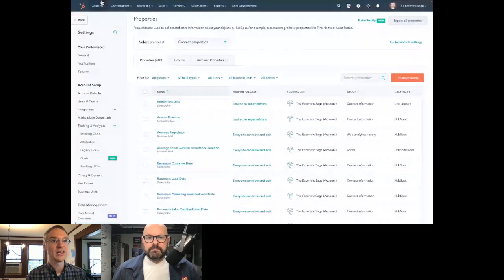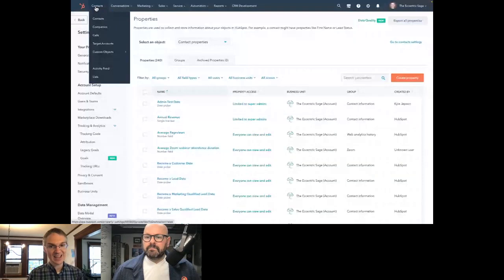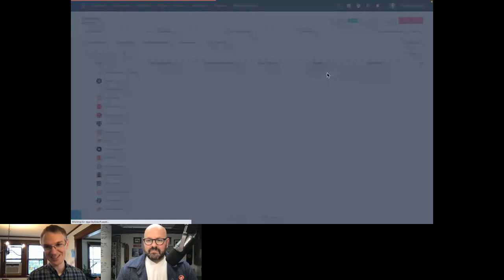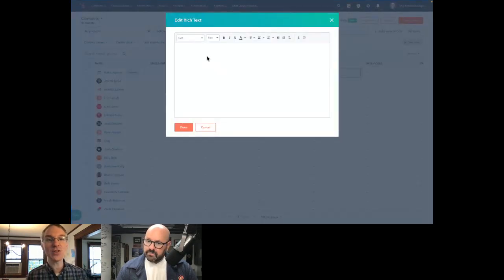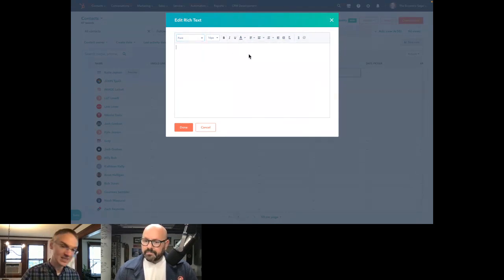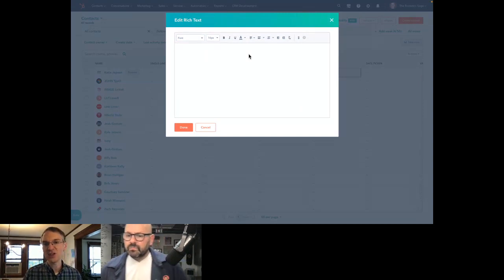Then the other thing that's really cool is this new property type called rich text. The thinking behind this is that, spoiler, you can now edit properties from the index page. We'll get there, be excited. But if you create a rich text property type, you can change the font of the text you put in here. You can change the size, do formatting, change the color, drop in emojis. You can actually paste images and videos in here. You can put basically anything rich text you would like.